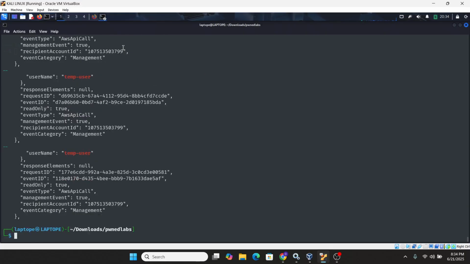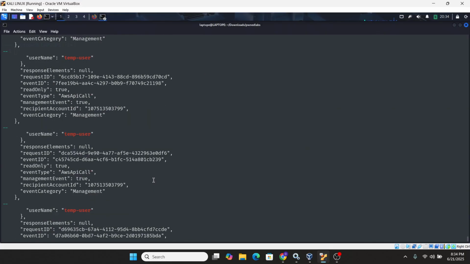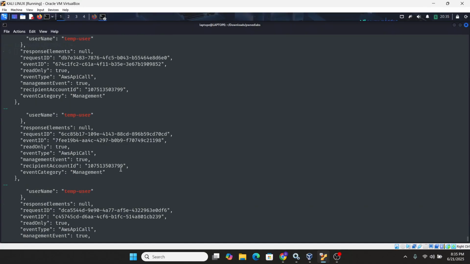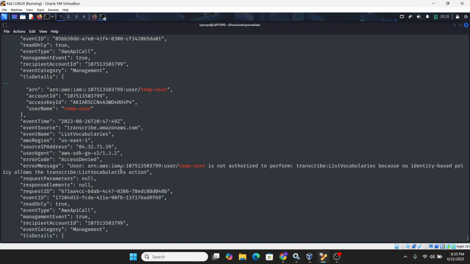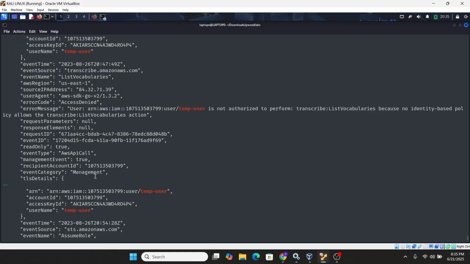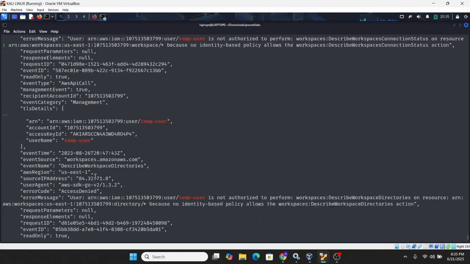So that's what this command is going to do. Press enter. You can see we have it down here. So this is the temp user. These are the actions that the temp user performed.